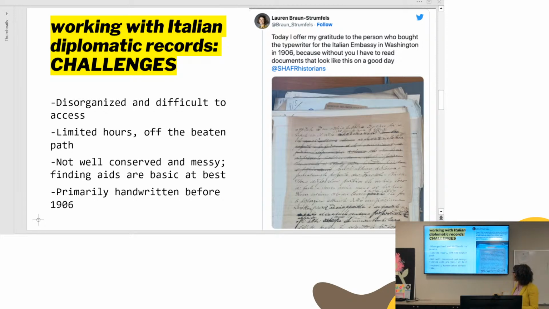I had to have a letter at that point, as a graduate student, from my university saying what the heck I was doing and that I was legitimately doing research for a degree. And then I had to take that letter, which I had translated myself, to the US Embassy and get another letter from them, and then I had to go to the archive and explain myself and get access. Because again, you're going on a regular basis to work in this archive, it's like going in and out of the State Department.